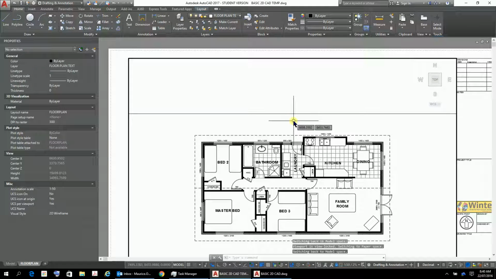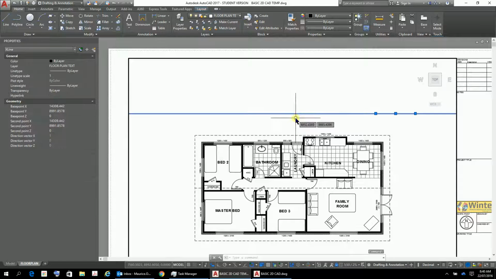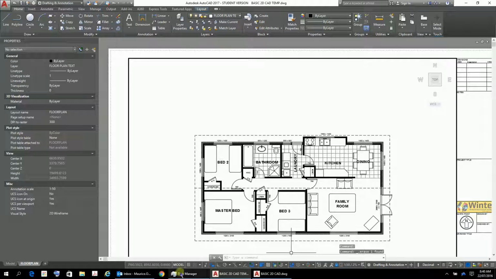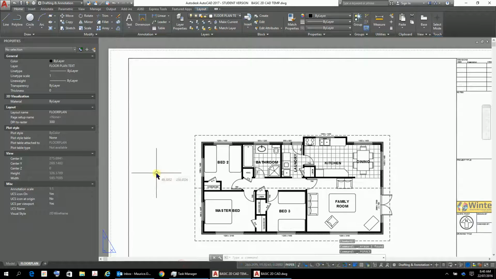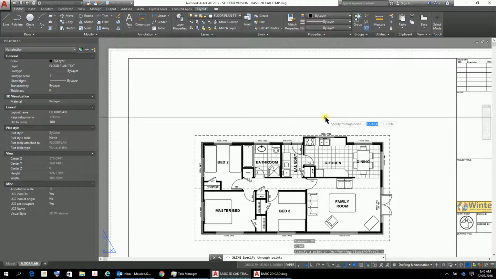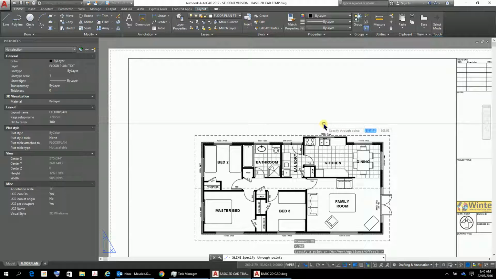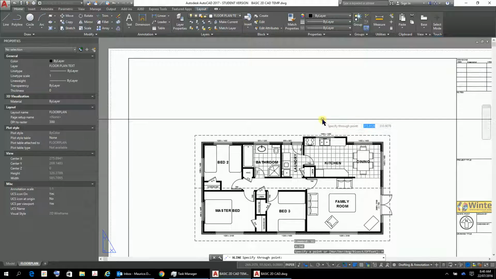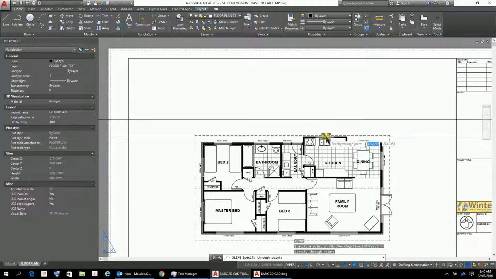Perhaps I could just do this in paper space. That might be a better way of doing it. So I'm just going to go back to here and put a cross section line in, a horizontal one, and I'm going to do this in paper space, so it'll just become a guideline there like that. Okay, now just go offset